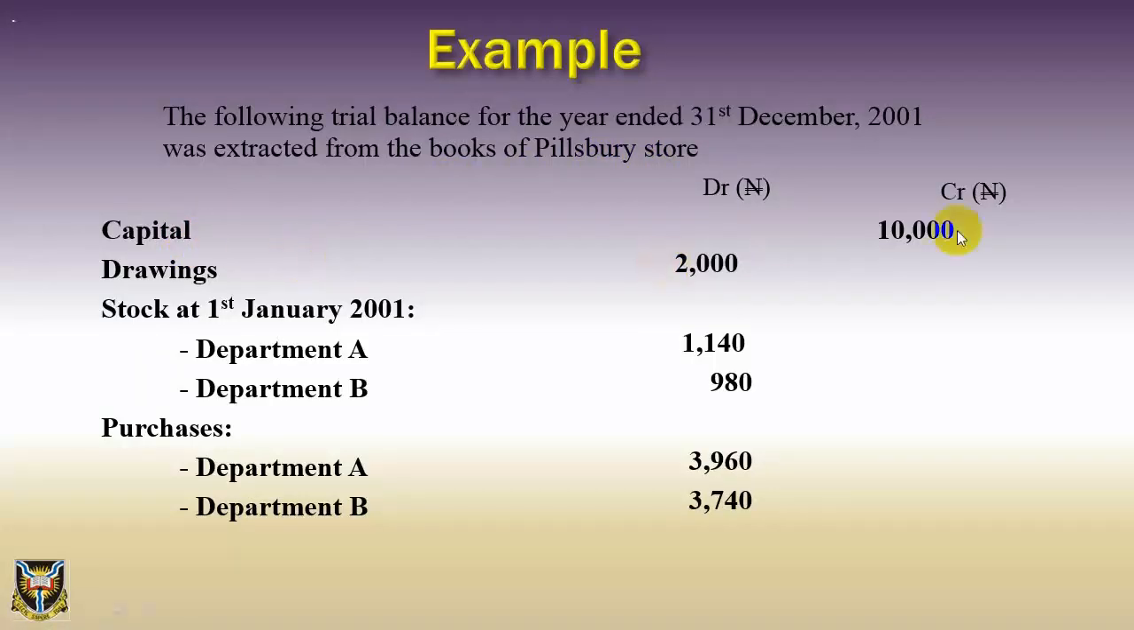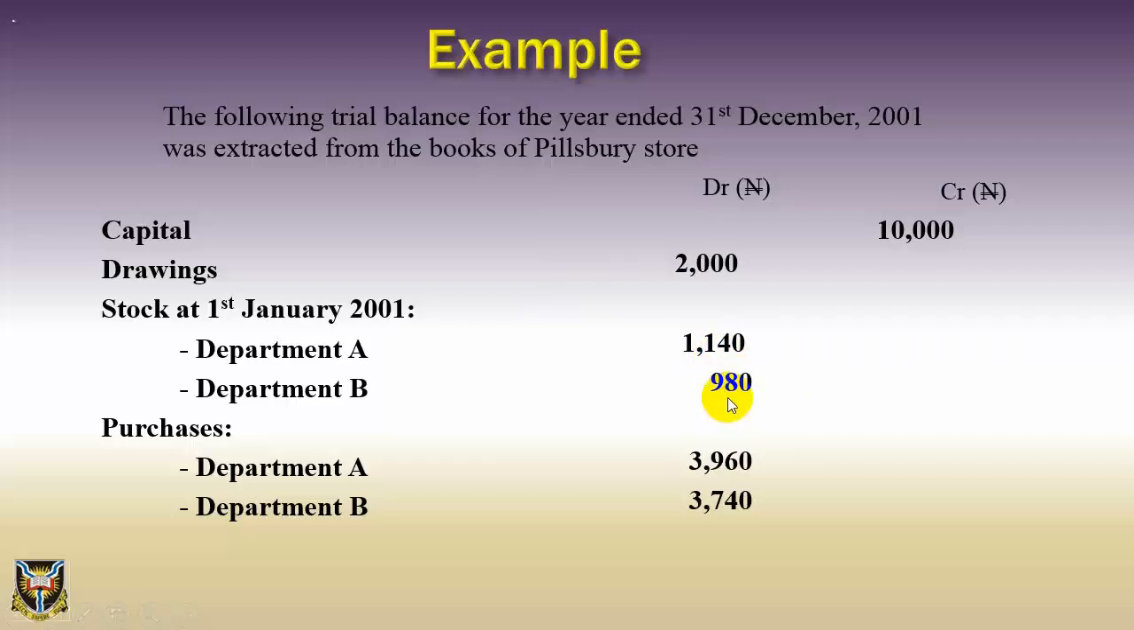Debit in Naira, credit in Naira. Capital, credit side 10,000. Drawings, debit side 2,000. Stock at 1st January 2000, Department A, debit side 1,140. Department B,